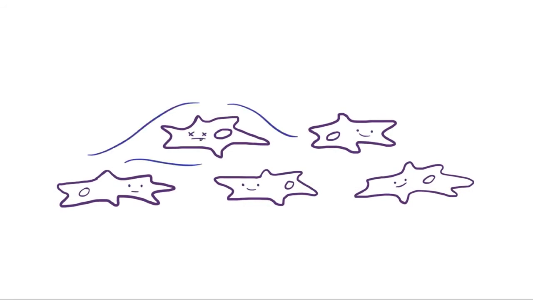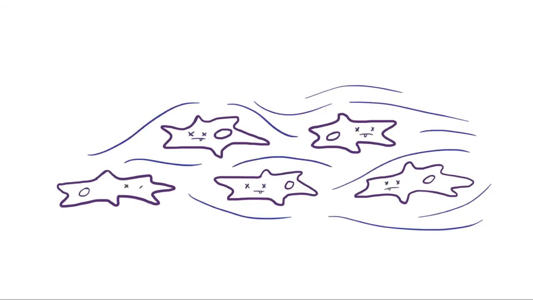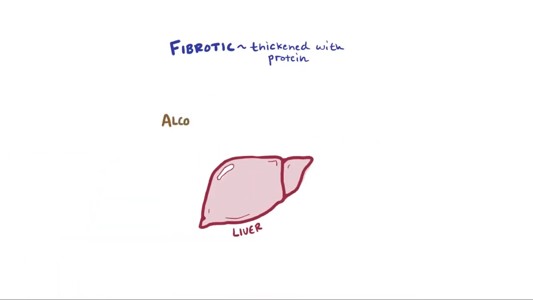When cells are injured or damaged and die off, usually that dead tissue that was previously full of living cells becomes fibrotic, meaning it becomes thickened with heaps and heaps of protein and forms scar tissue. So when your liver is constantly forced to process alcohol, like in alcoholic liver disease, or subject to a viral